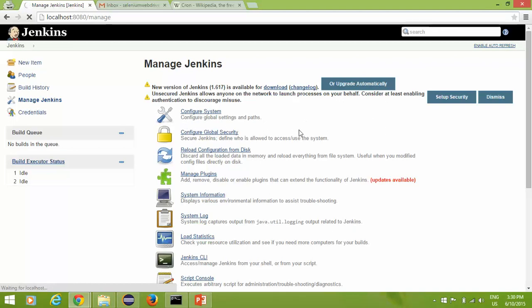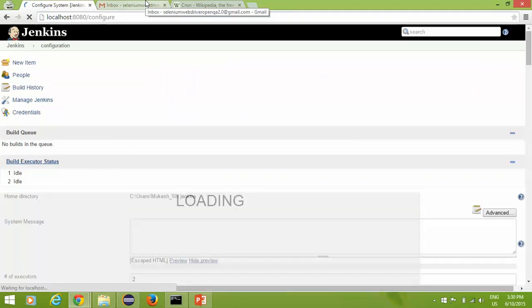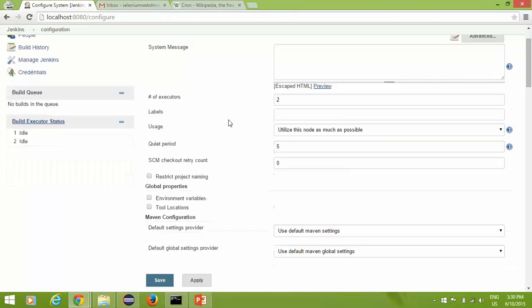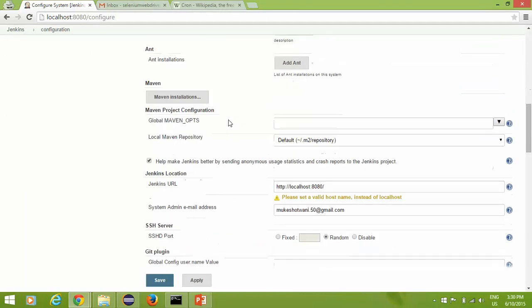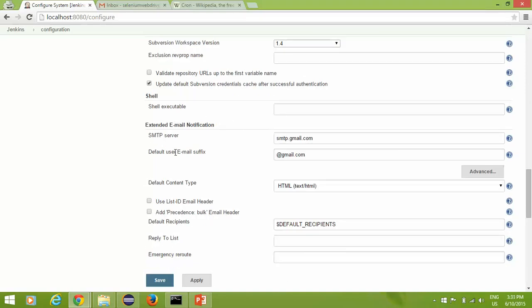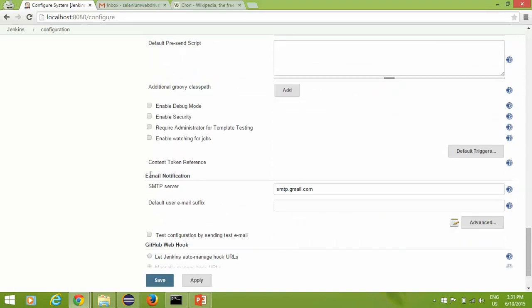Here you can mention the email notification settings. In this example, I'm taking Gmail. In your case, you can take other examples, like if you want to configure your official email ID, then you can do that. I will show you. Simply scroll down and here you will get one option called Email Notification.